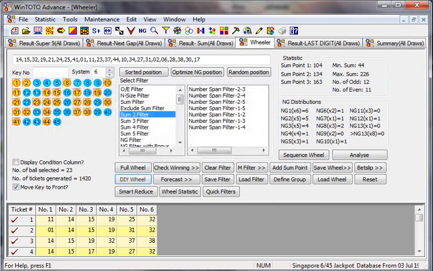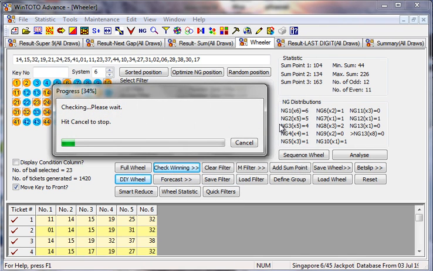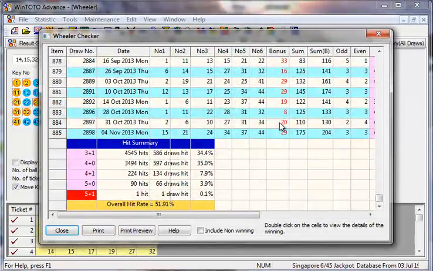You see that from 2259, you actually reduce it down to 1420 tickets. If you were to check the winning, you can see the percentage dropped down to 51%. From 53% down to 51%, it's about 2% different.